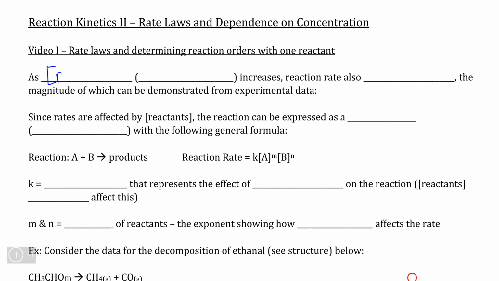In this video, we're going to explore the relationship of the concentration of reactants in a chemical reaction to the rate at which that reaction takes place. We know that increasing the concentration of reactants is going to cause an increase in the rate of a chemical reaction simply because of collision theory. The more reactants we have, the more collisions we're going to have, and the more chemical reactions are going to